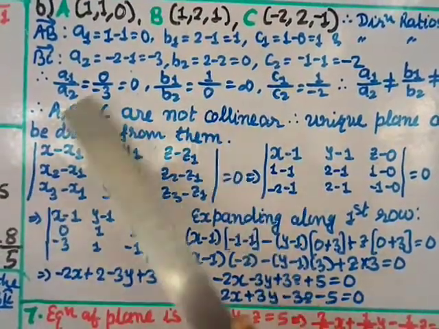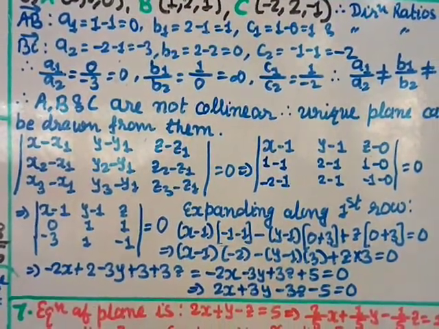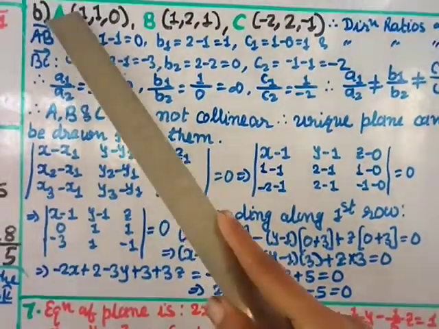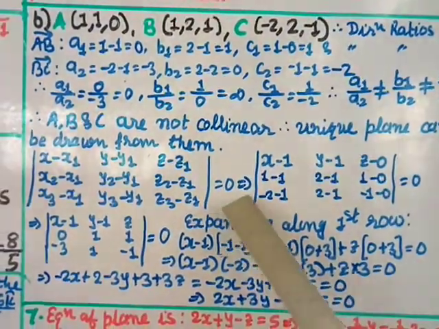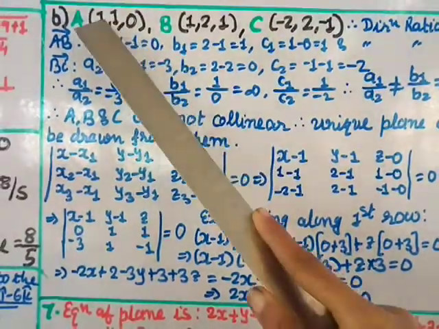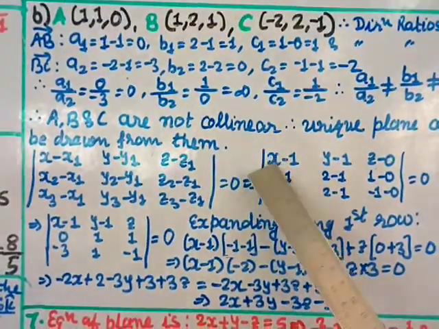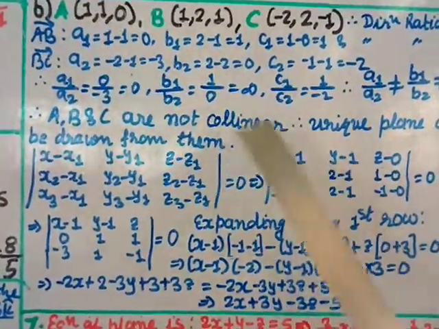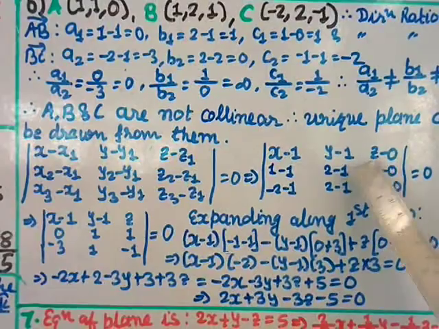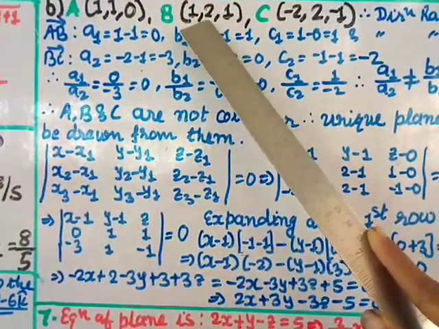So this is the equation of a plane, that is a determinant, passing through 3 different points. So this is x1 y1 z1, x2 y2 z2, x3 y3 z3, okay. So equal to x minus x1. So this is x1 y1 z1, x2 y2 z2. So here x minus 1, then y minus y1, that is y minus 1, and z minus z1, z minus 0. Then this is x2 y2 z2.